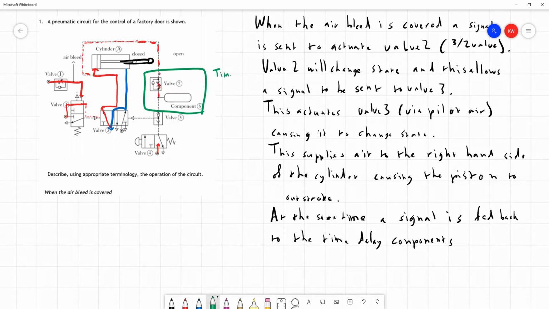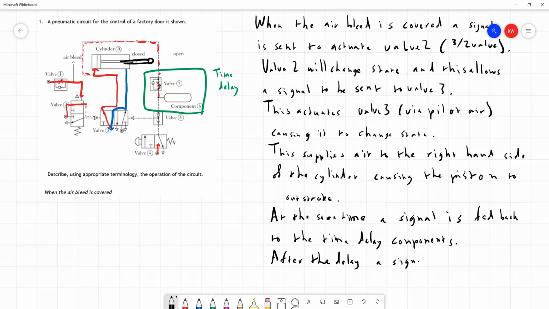So there's no harm, I can write as much as I like. All these annotations you would need to do is just what's written on the right hand side. So at the same time, the signal is fed back to the time delay components. Great. We wait. After the delay,